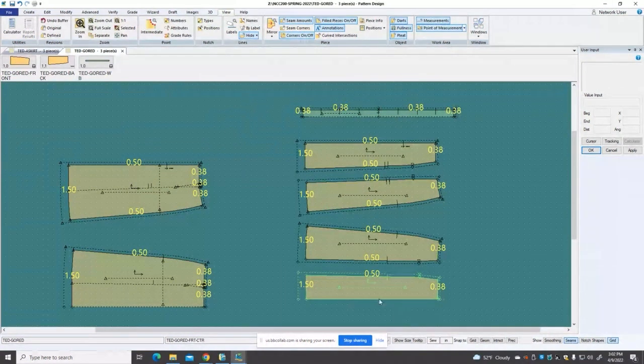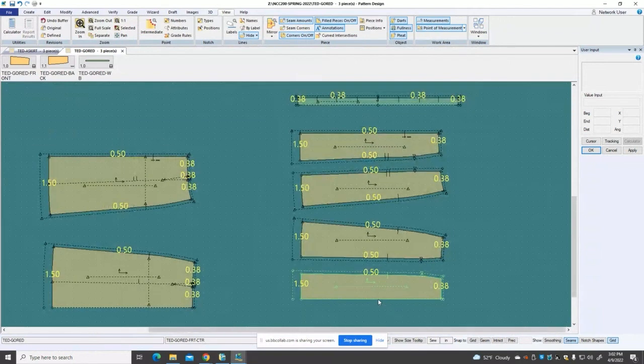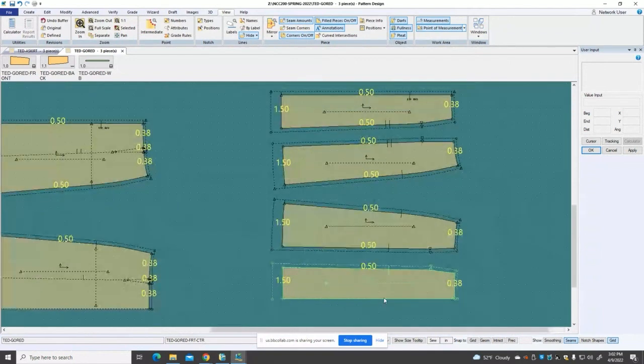So the center front, I didn't add seam allowance. Why is that? Because center front should be mirror. Okay, so how can you make this line turn into mirror or fold line? Okay,